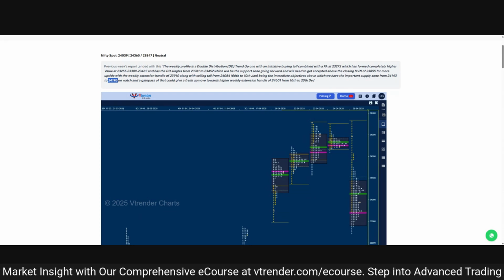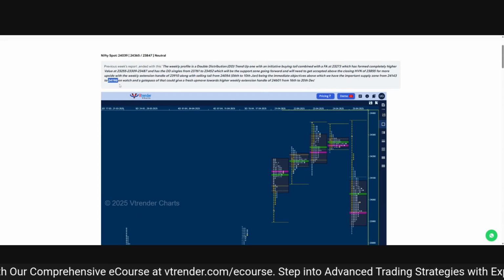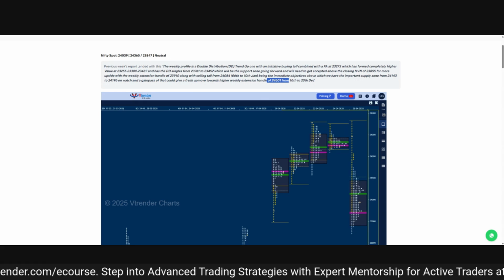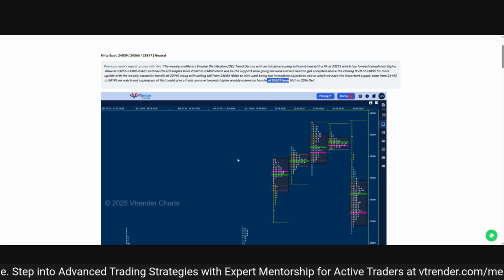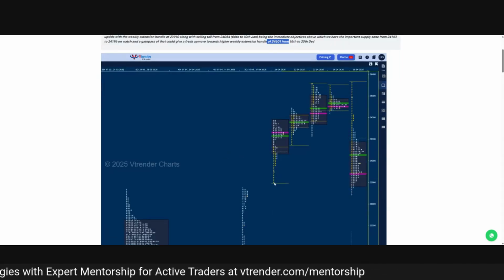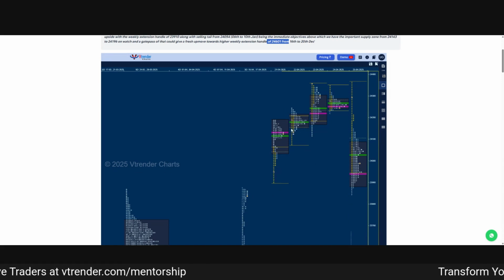neutral extreme VWAP series VWAP. So if we are able to take this supply zone out, then we were looking for a tag of this 24601 extension handle on the weekly time frame. So what we have done last week, we opened gap up, we stayed above the 23855, and then we continued